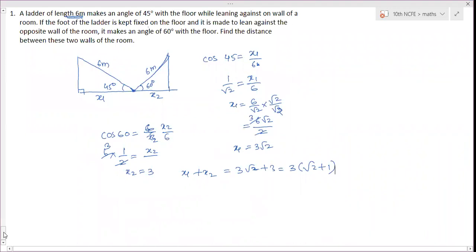Any other doubts you have? There's one more thing. I know this may seem a bit dumb, but for the trigonometry applications, level 2 questions, will that come for the exam? Yes, it will. Not all questions, whatever I marked, those questions you can solve. Okay, ma'am. Exemplar questions are all important. They have asked those questions in the exemplar, so they are important questions. Okay, ma'am. I'll do that.